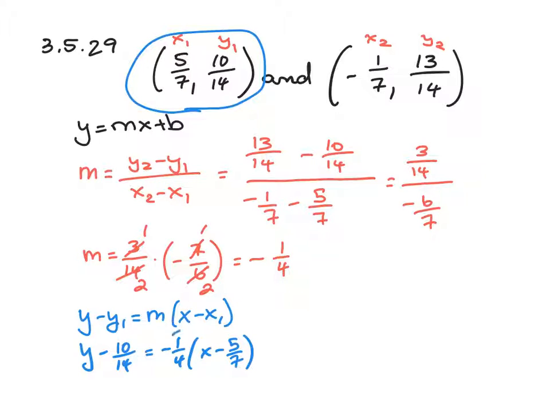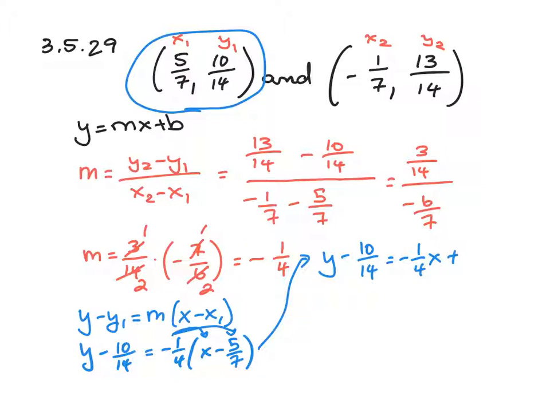Okay, so first I have to distribute the negative 1/4, and I'm going to continue writing over here. There you go. y minus 10 over 14 equals negative 1/4 x, and negative 1/4 times negative 5 over 7